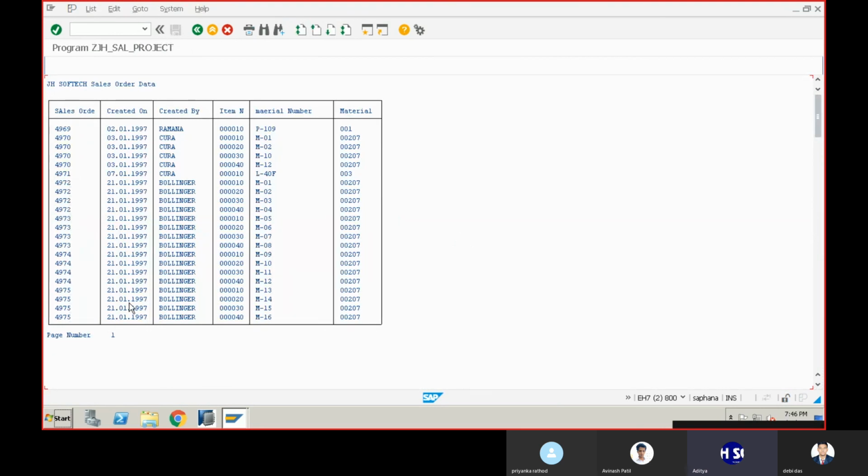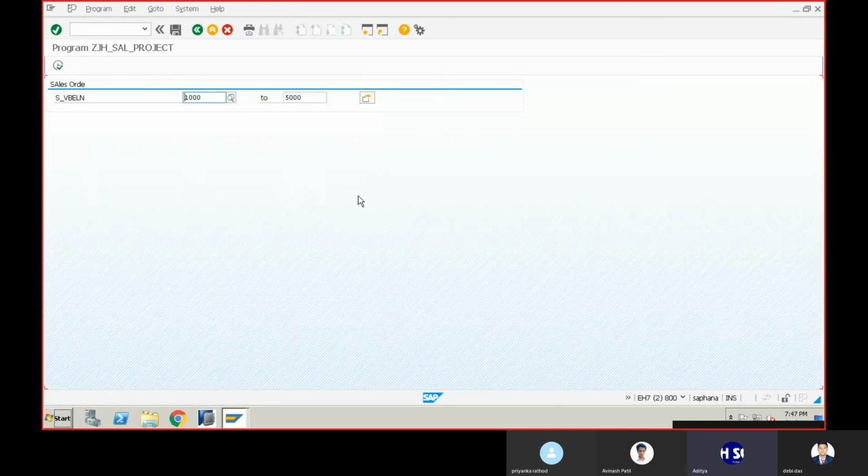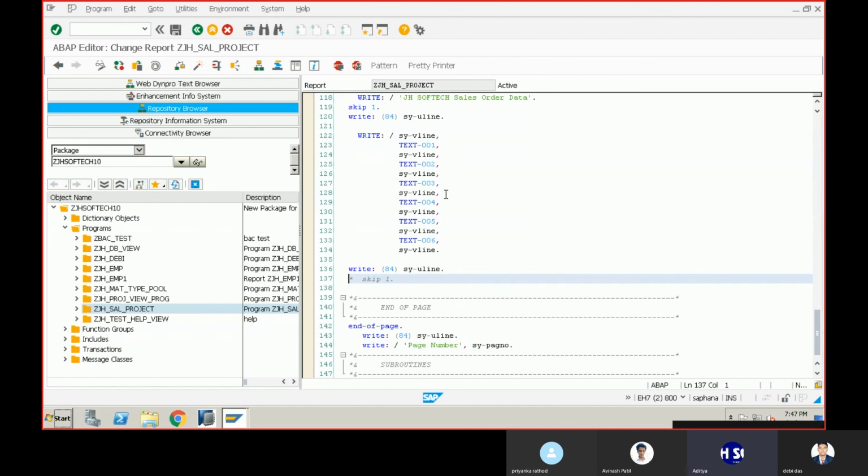Actually these things we used to do in very old days, like we don't have to worry about all these things, because right now we are developing all the ALV reports. So here we can also write this in different colors. Here whatever we have here,